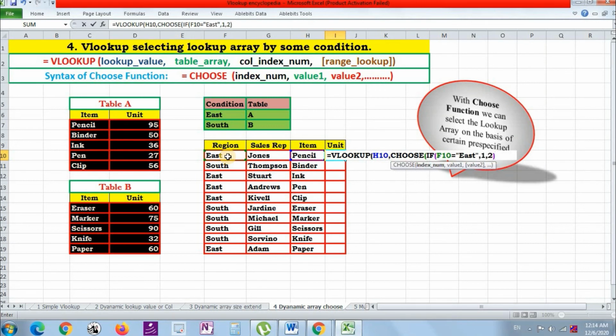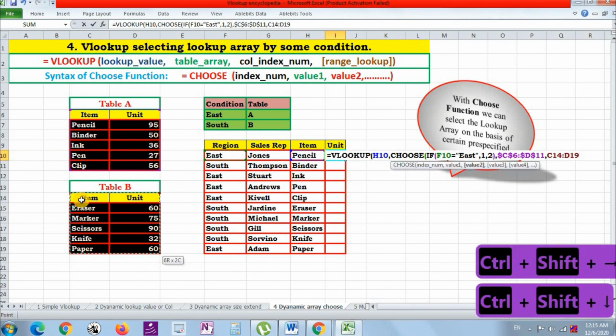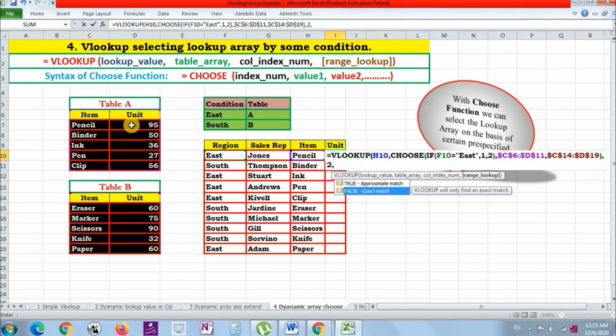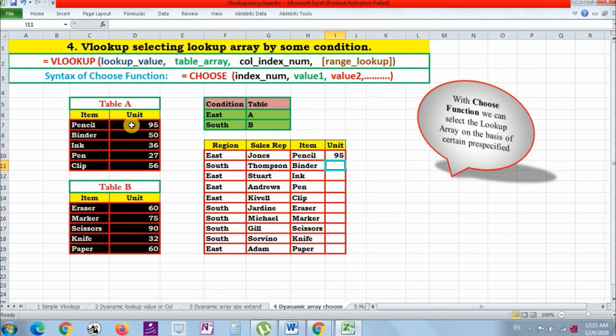What we have done here, I have set my index number like 1 or 2. It will be decided further. If it is 1, then table A, and if it is 2, table B. So I have set my table array as well. Now the corresponding column, it has only 2 columns, so column number 2, match will be exact match, and enter, and I will not drag it down.